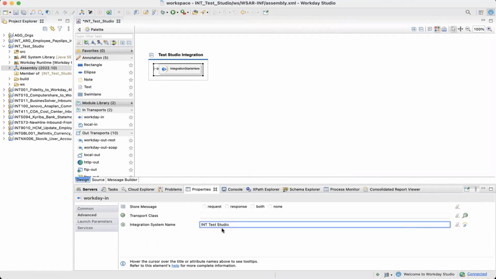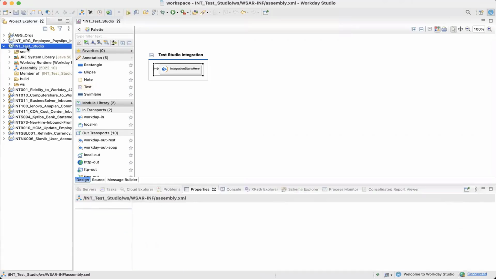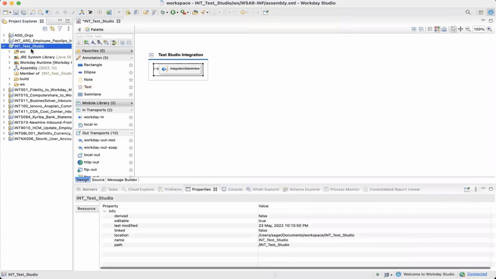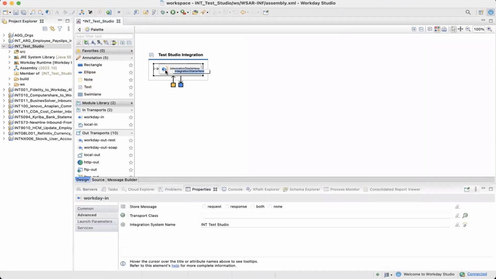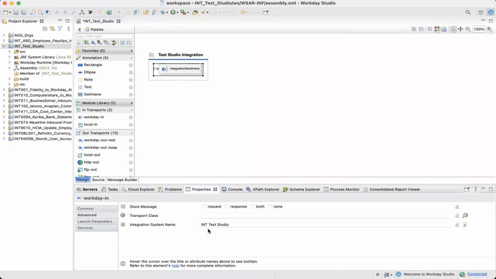So this name can have spaces, but a component name cannot have spaces, and a project name cannot have spaces. But if you want your integration name to be very specific, with spaces and all that stuff, this is the place. Okay, so I want you to pay close attention to the name of the project that we have created. It is int_test_studio, while in this Start Here, in the Advanced tab, we have the integration name as int space test space studio.